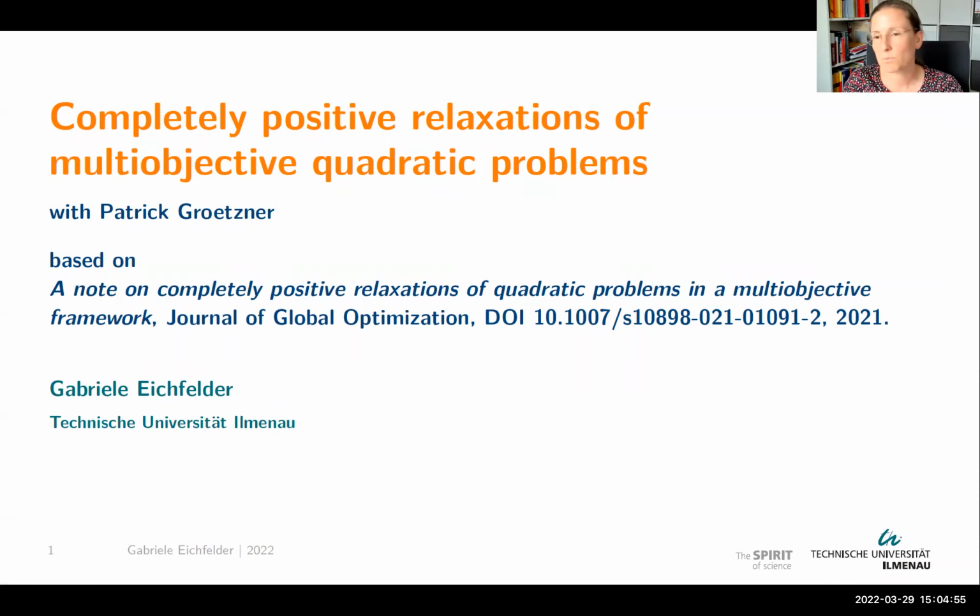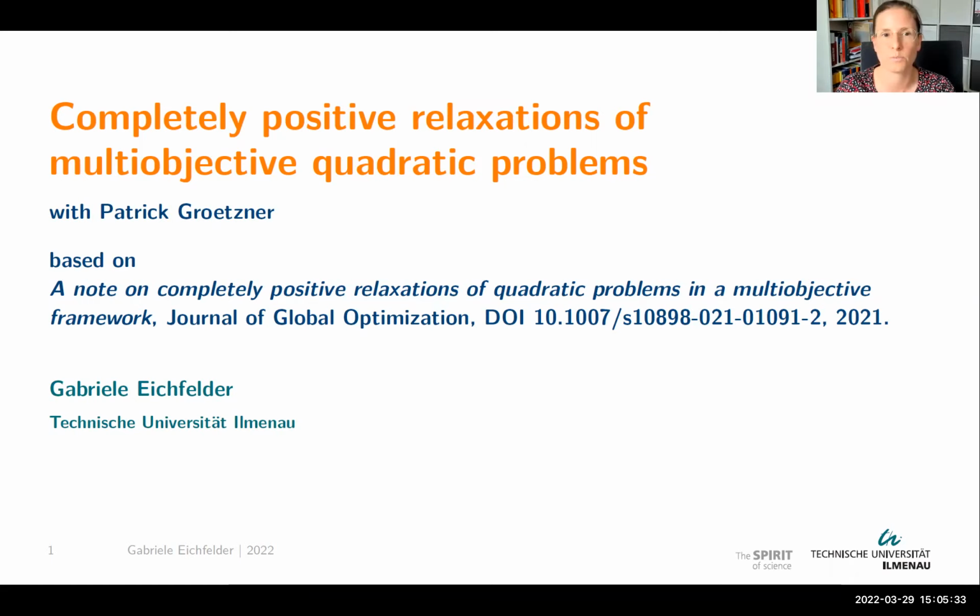But I can already spoil the result now. It's a negative result. We get some solutions, but all we get, and we can even prove that, are somehow boring solutions. Solutions we would get with a much simpler tool anyway. And for that reason, it makes no sense to use the same techniques in the multi-objective setting, which is somehow clear if you have been working in both fields, but was never studied before, for me really clarifying what you get and what not. So let me start with a single objective setting to explain to you